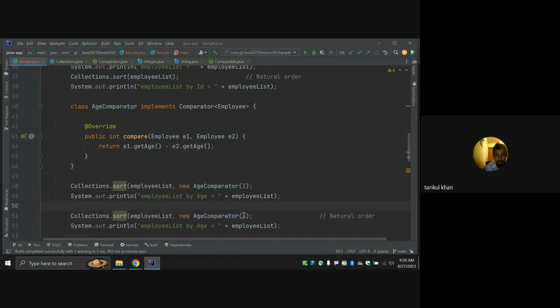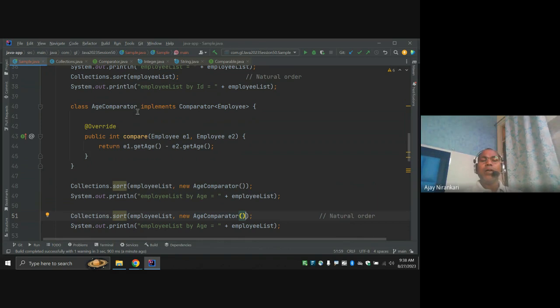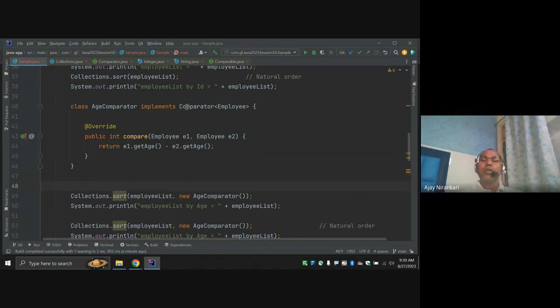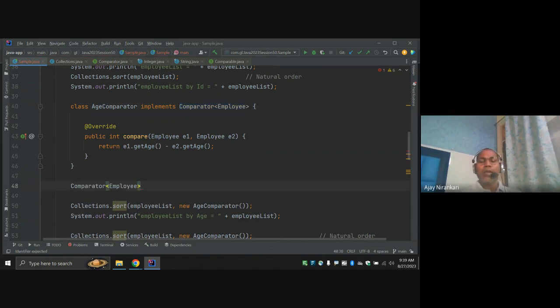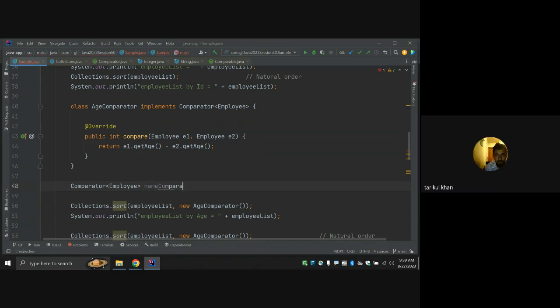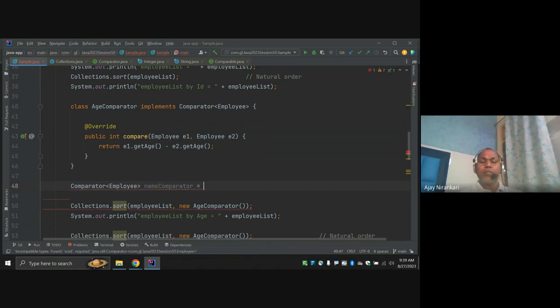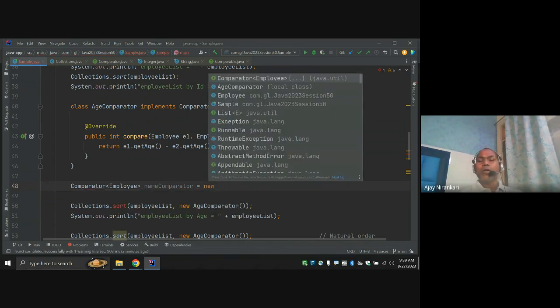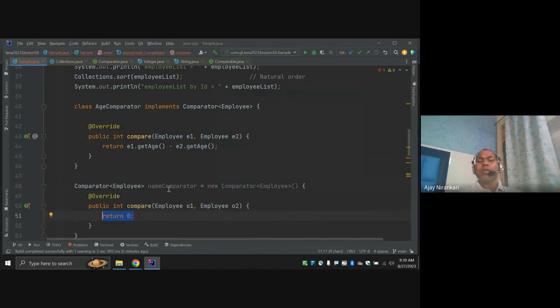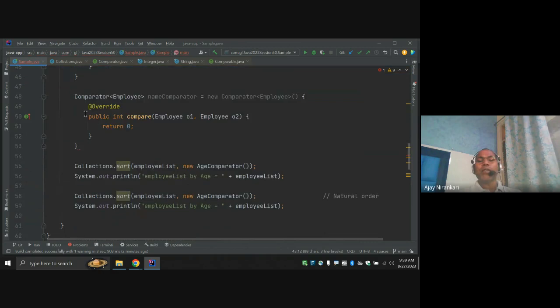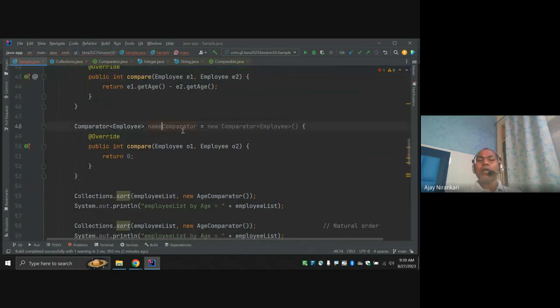So you have to implement similarly. Let's go to the comparator for employee, and I'm going to create an object of the interface, say a name comparator. Here I am going to implement it using a new anonymous class. I'm not going to write a class, I'm just going to directly create the object. And here I can write the implementation, similarly, employee one